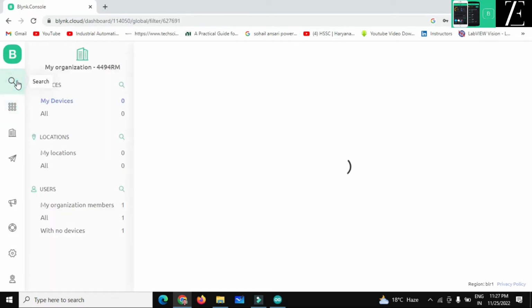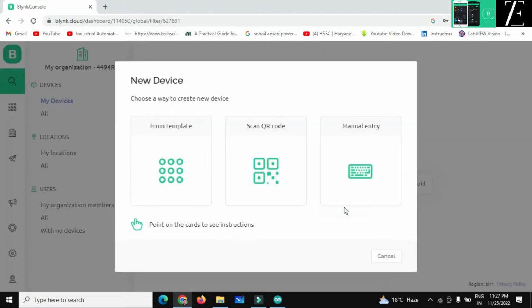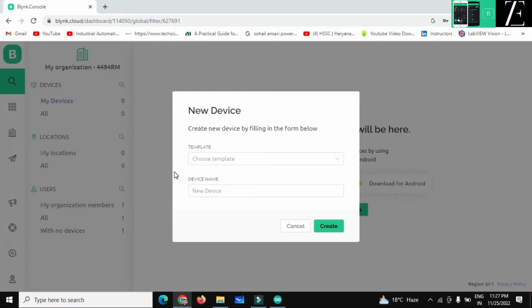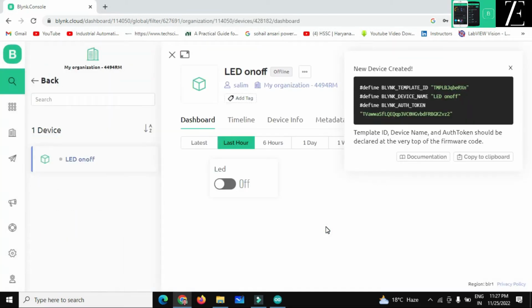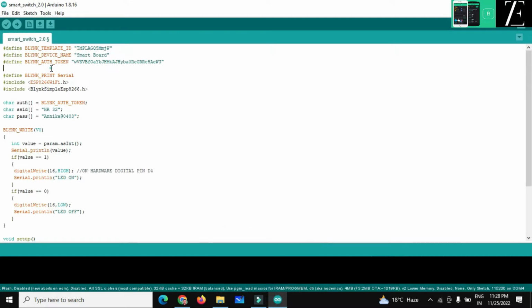Now just go to search. Over here you have to create a new device. From template, select LED on off, that is already created. Just create. As you see over here you got three parts, that is Blynk template ID, Blynk device name, Blynk authentication token. You require these three in your code. So just copy this to the clipboard, go to the code. Over here I just copy this,